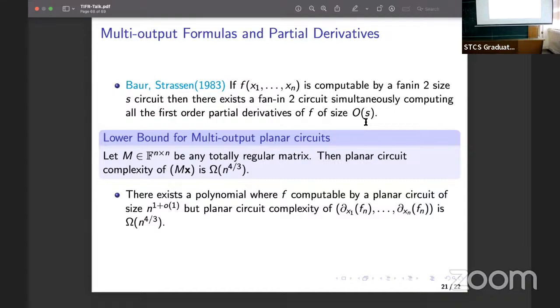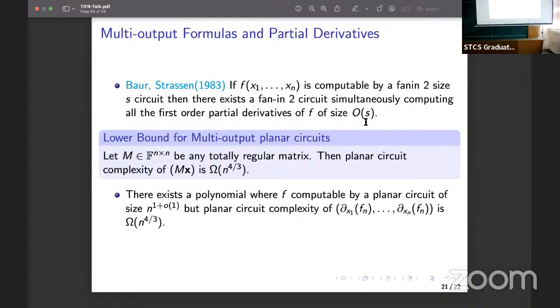And this immediately tells you, if you have seen the statement by Baur and Strassen, that all the first order partial derivatives of a polynomial can be efficiently computed. Meaning if you have a circuit of size s computing f, then you can construct a circuit that simultaneously computes all the partial derivatives of size order s. So this statement is not true for formulas, which was not well studied. If there is a polynomial that is computable by a small size planar circuit, but small here is n to the 1 plus o(1), but if you try and compute all the first order derivatives simultaneously,